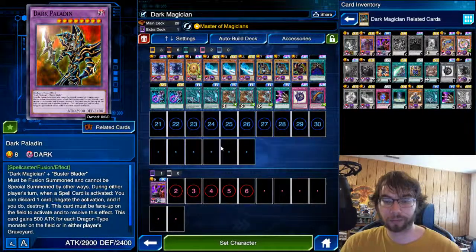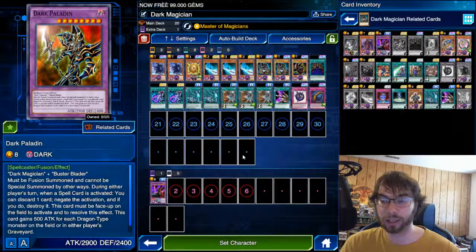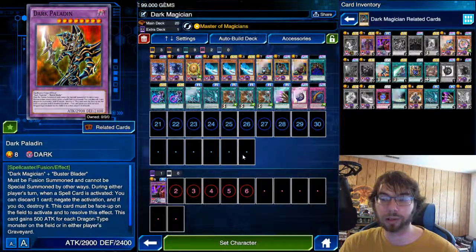but even without the Blue Eyes, it's a nice 2,900, and it also comes with the added effect to negate a spell card during its activation by discarding 1 card. So that's really nice. It can help shut down some plays your opponent's making if you know they're maybe a fusion deck. So get rid of some of those Red Eyes